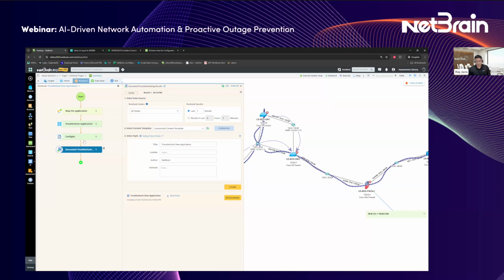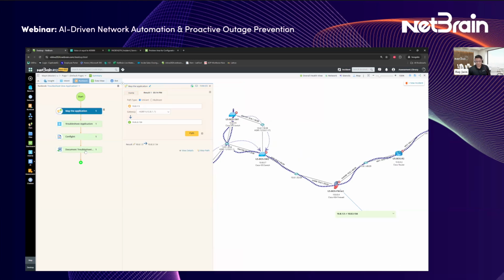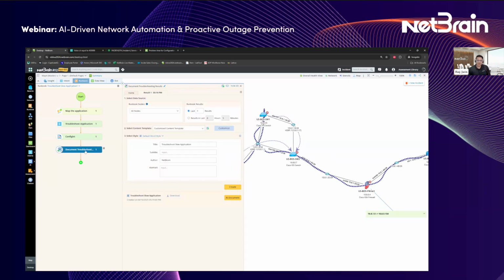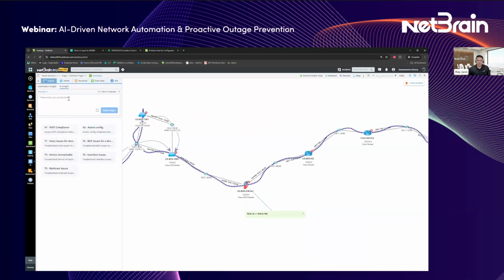With that being said, my Runbook demonstration right here ends, but you can now see that just in 4 steps, we went from creating the problem to documenting everything. But there's another interesting thing that Song mentioned, which is to use AI to further shift this left and depend more on technology and less on the human effort that we put in. So now with AI, I can type in a prompt in natural language, and it's able to orchestrate this for me and go through these thousands of intents in the back and pick and choose the right intent for me to troubleshoot this problem. And you can see some prompts right here. I'm going to use the one that says troubleshooting voice issues.